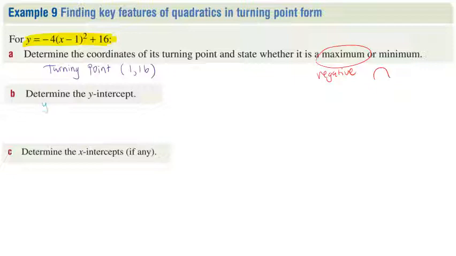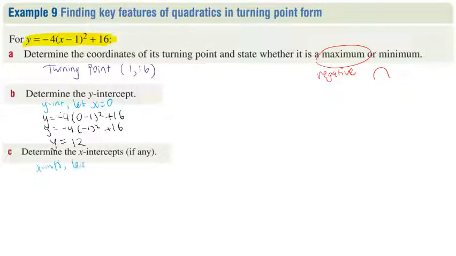Alright, then we're going to determine the y-intercept. So to find the y-intercept, let x equal 0. So I'll have y equals -4(0 minus 1) squared plus 16. So y equals -4 times (-1) squared, which is just 1, plus 16. So -4 plus 16. y equals 12. You can just put them in the calculator if you're not sure. Then to determine the x-intercepts,